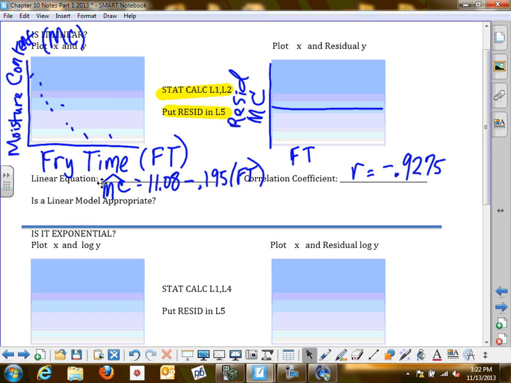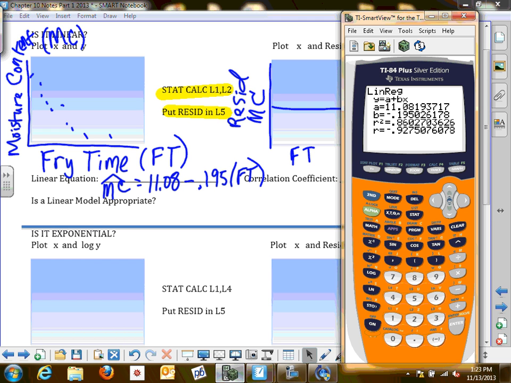Okay, well, guess what? That's why you have to look at the residual plot, because when we go and look at that right now, in order to go look at that, I have to put my residuals into L5, so let's do that. Go all the way over. I know we're skipping over L3 and L4. We're going to put something in those shortly. Over here in L5,